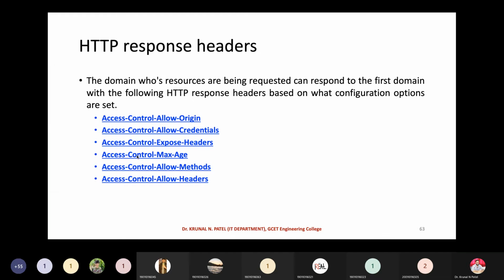These are the properties: Access-Control-Allow-Origin, Access-Control-Allow-Credentials, Access-Control-Max-Age, Access-Control-Allow-Methods, and Access-Control-Allow-Headers. Both of these are added at the request and response side. And with the use of these, your browser will identify whether cross resource sharing is allowed or not.